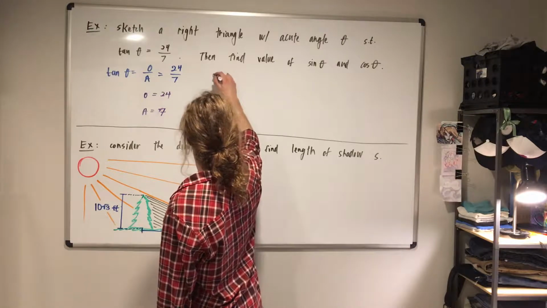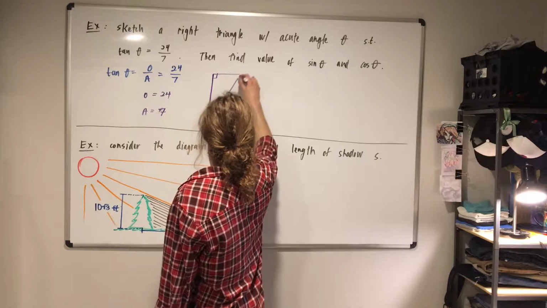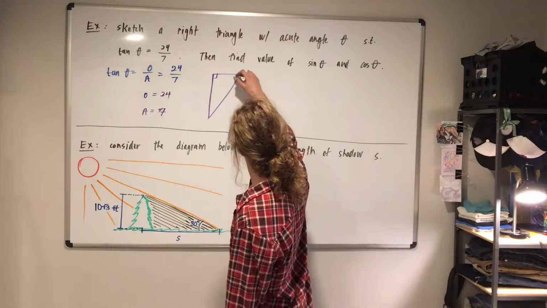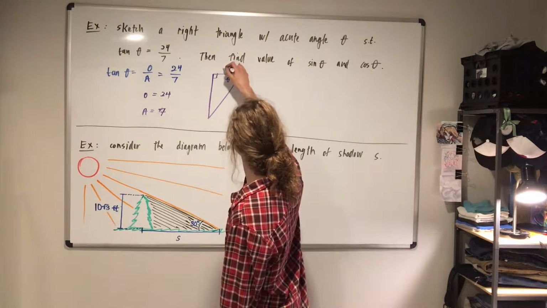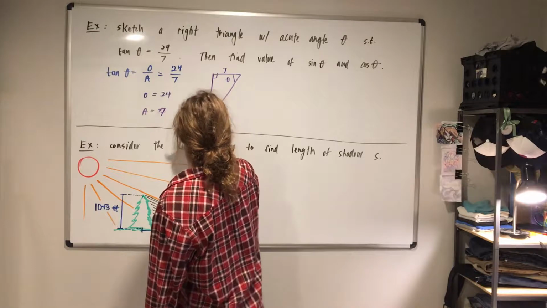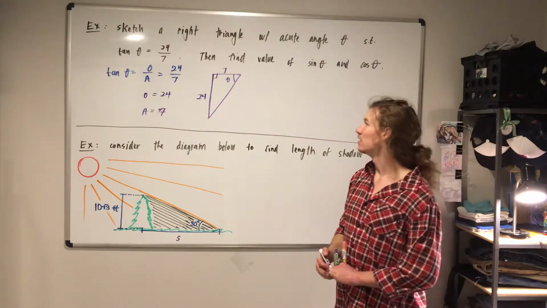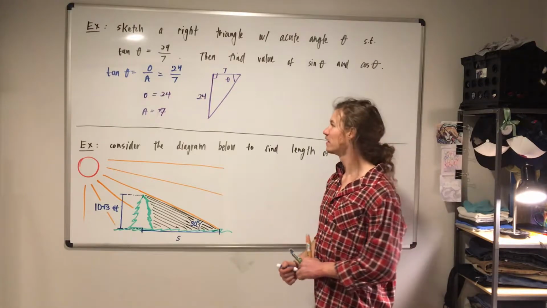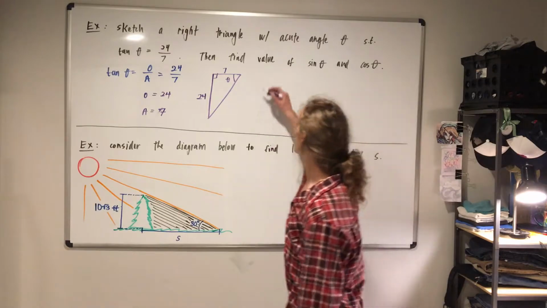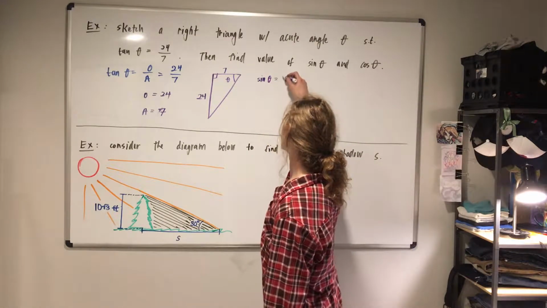So we'll have some right angle, and we'll have our adjacent side be shorter. So let's let this be theta. This will be our adjacent side. Our opposite side will be 24. And using this triangle, we can compute the sine or the cosine of theta. Why don't we do that here, and then we'll make a comment about our choice for the opposite side and the adjacent side. So we can say that the sine of theta we know would be defined as the opposite